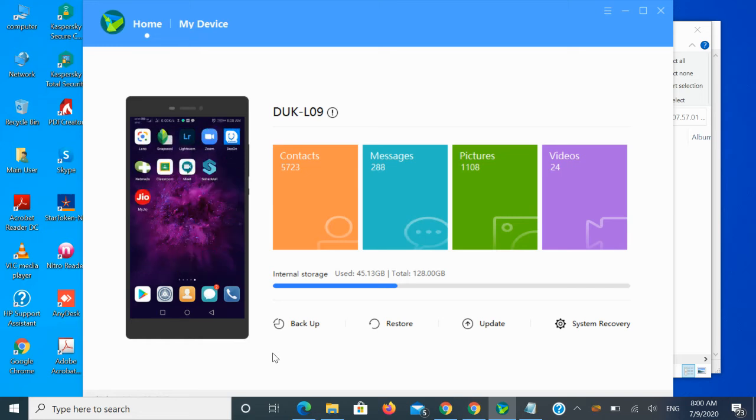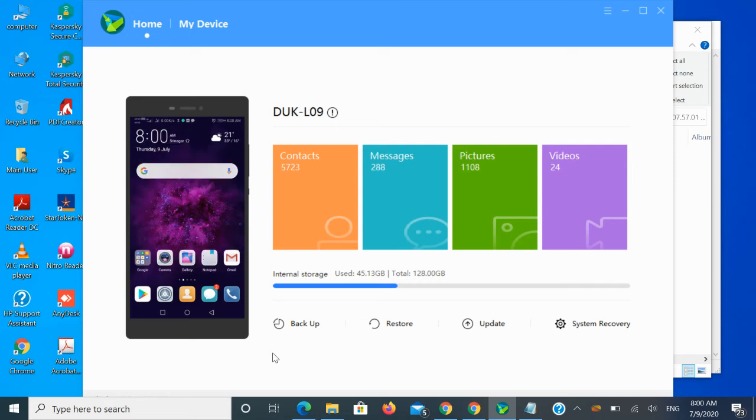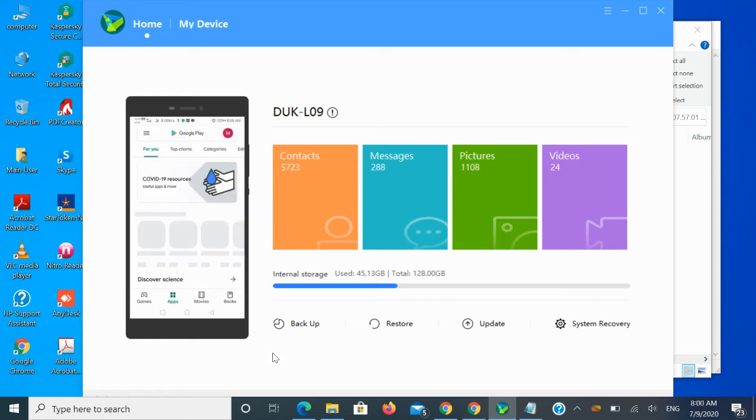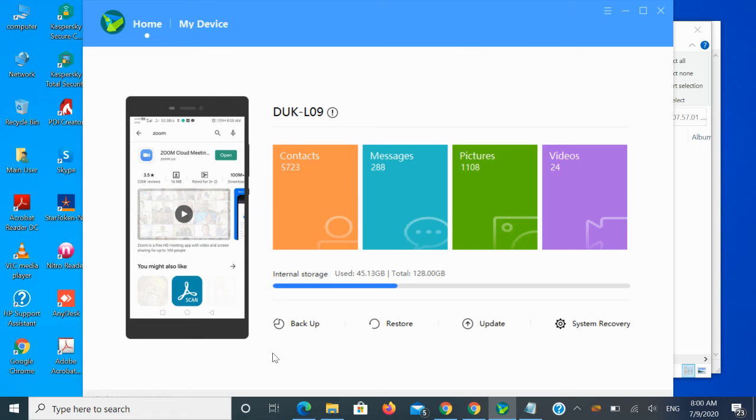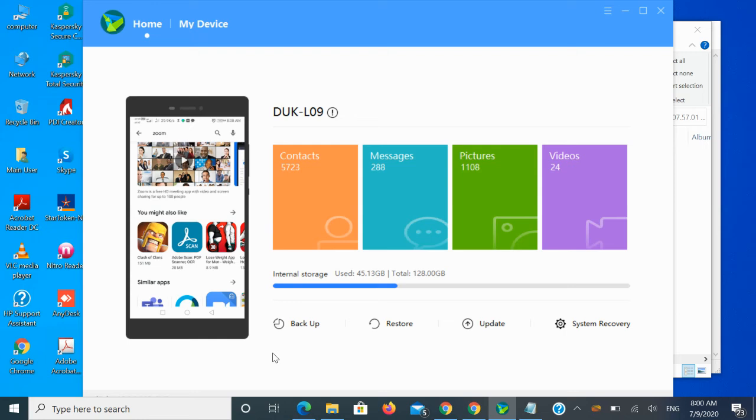Here you can see that I have downloaded Zoom from Play Store. You know it better than me that once I click on Play Store, this will be the option. This is my Play Store, and once I go to Play Store, you simply need to write Zoom, and once I write Zoom, you will have a good number of packages available over here, and what you need to install is this Zoom Cloud Meeting. If you find any other options, don't go for that. And this is from zoom.us.